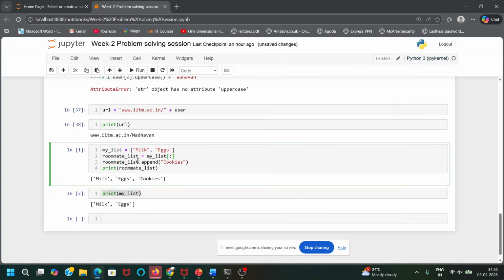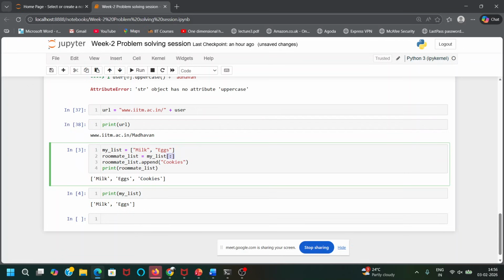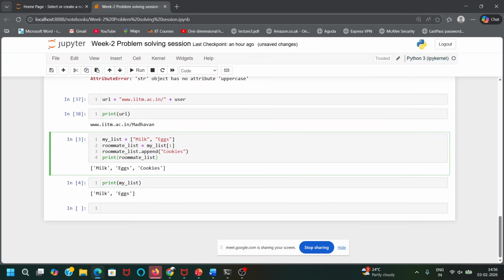So now this will be assigned to a different memory location. If I run this and check my list again, you see roommate list is updated, but this is not updated. So dot copy you can use, or this slicing operation. This is called full slice, and you can also use it to do the deep copy.